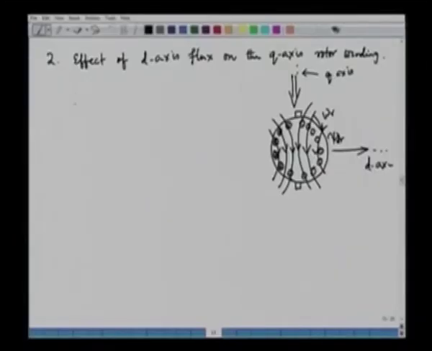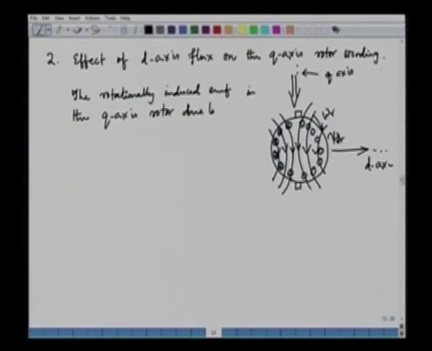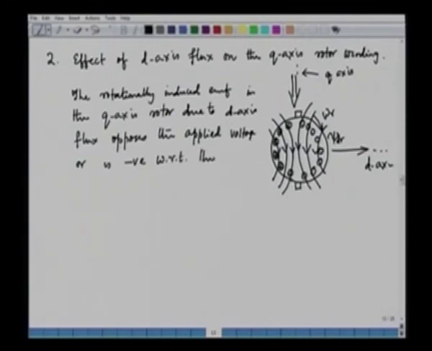So we can say here that the rotationally induced EMF in the q axis rotor due to d axis flux opposes the applied voltage, or is negative with respect to the applied voltage